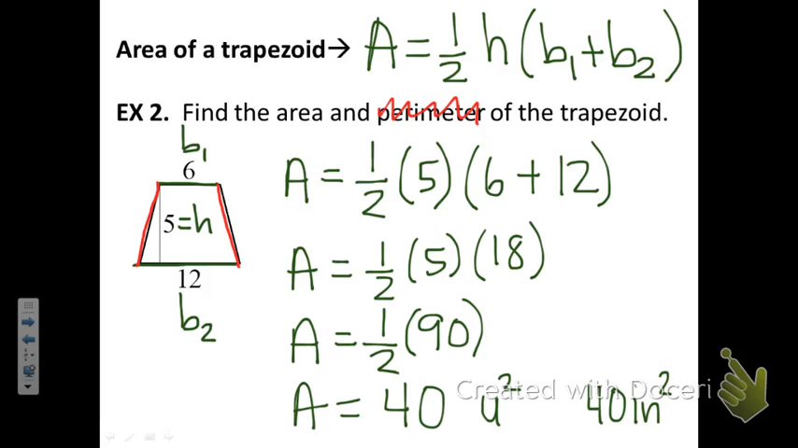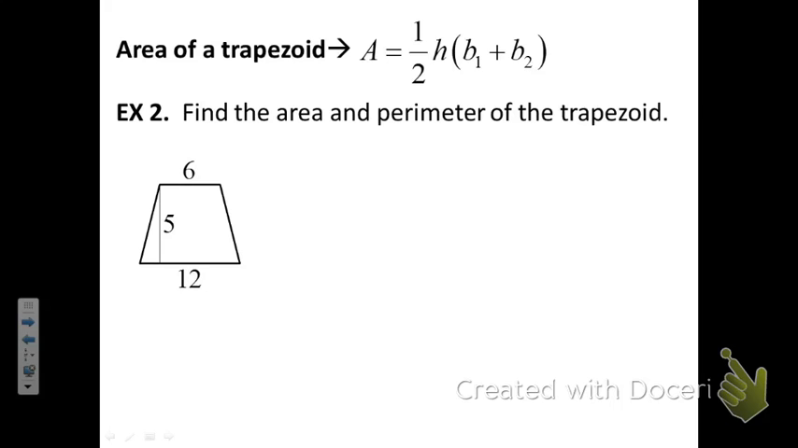However, if I did throw in some numbers, and we did know the two sides, then to find the perimeter, you would just add all three sides. Okay, so